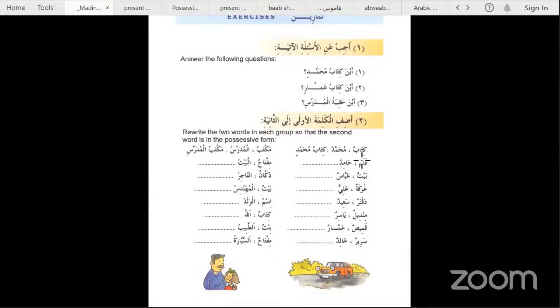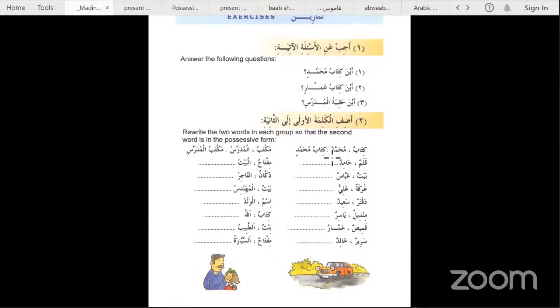What I want you to do is read two of these examples, and then choose the next student to come on the mic. I'll explain what's happening here. The first column is giving you an example of two nouns, kitabun and muhammadun, before making them in a relationship of mudaf, mudaf ilay. So when it becomes...